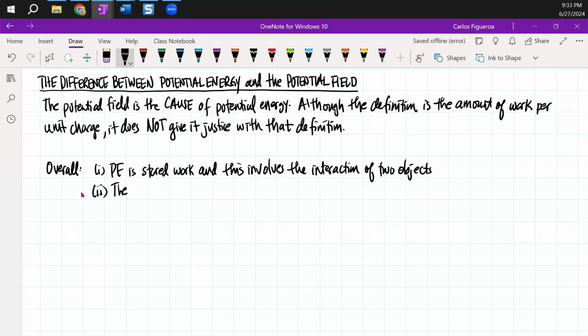The potential field is about imaginary work